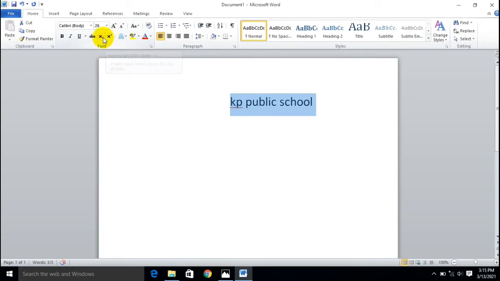Choose your selections, and you can arrange subscripts and superscripts from here.